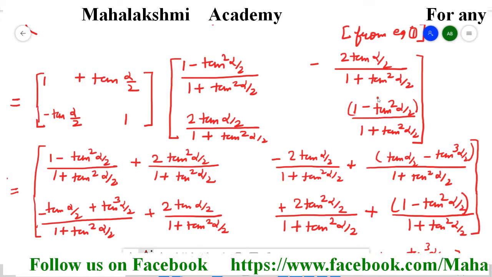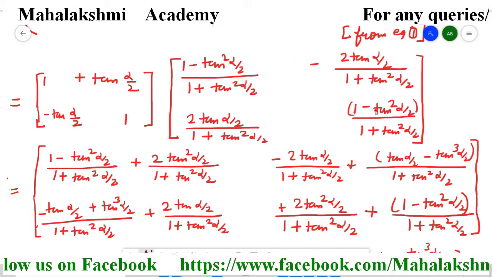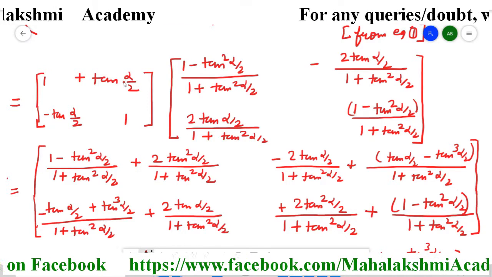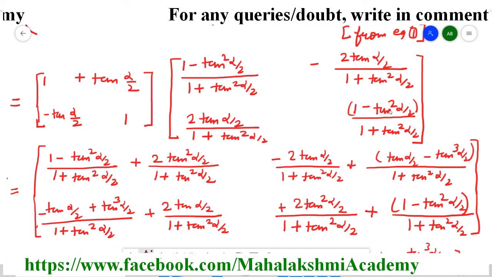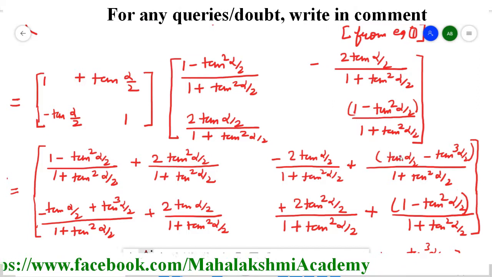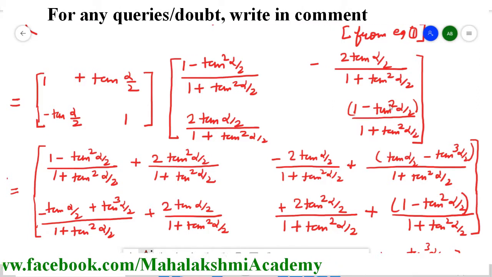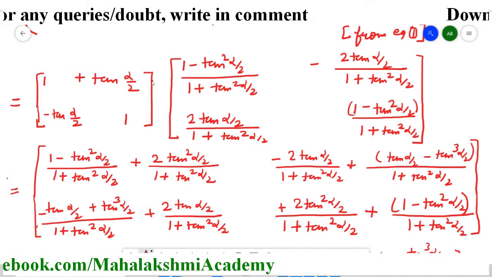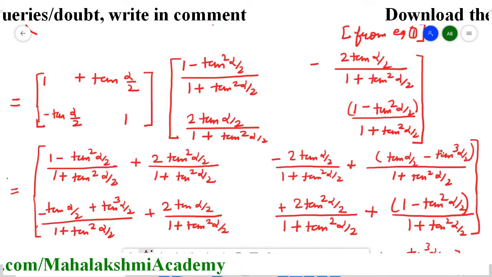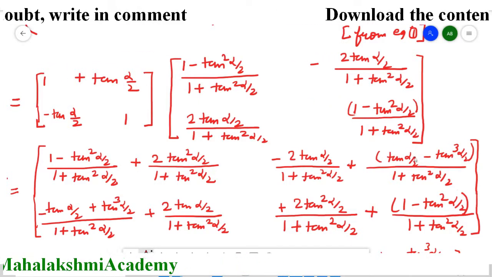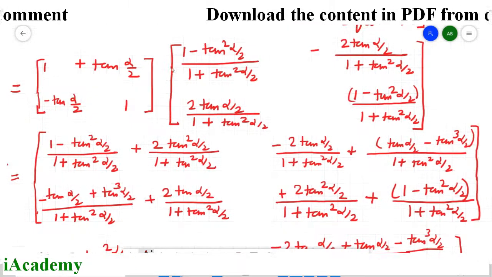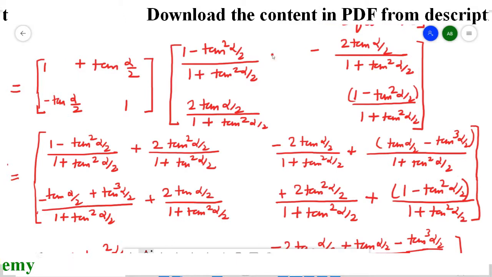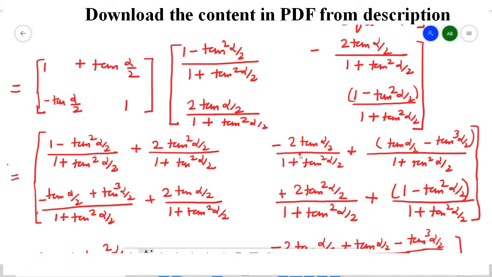Now when you multiply this term by tan alpha by 2, this tan alpha by 2 inside the bracket will multiply by both, and this 1 is going to convert to tan alpha by 2 and the square you already have. Now one more tan alpha by 2 will multiply by this, so it is going to be tan cube alpha by 2 and the denominator as it is. So like this we obtained the first row multiplied by the first column and second column in these two places.